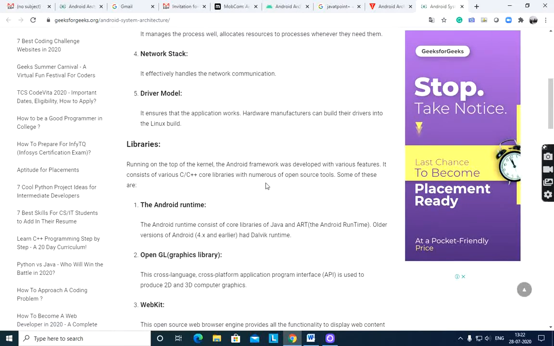of operating system functions to smartphones, and the Dalvik virtual machine provides the platform for running an Android application.